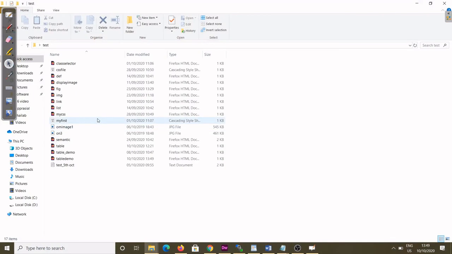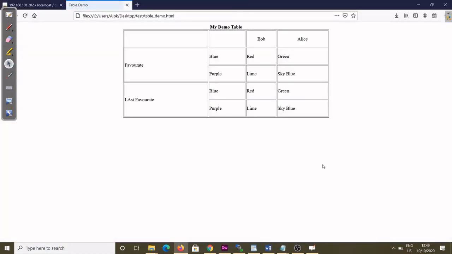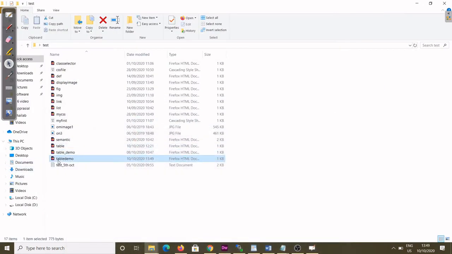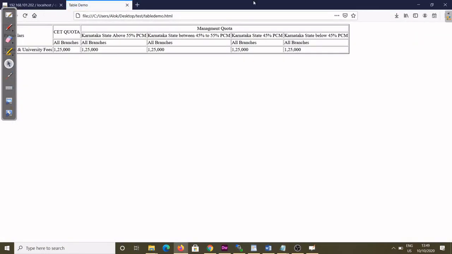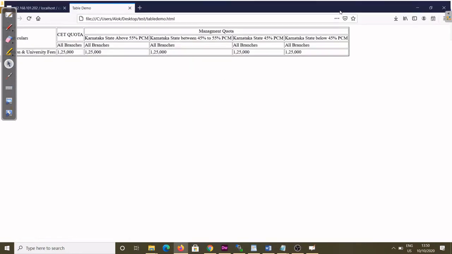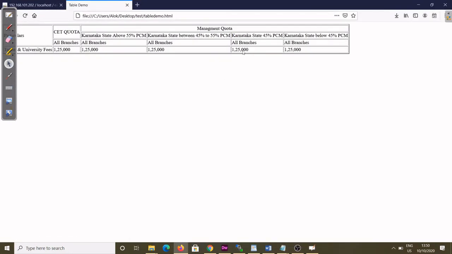Yes, table demo. Not this file. Yes, this file. Yeah, you see here this file. Coming now. See the merging here. This is the center. You can see. You can maximize also. It is coming like this.